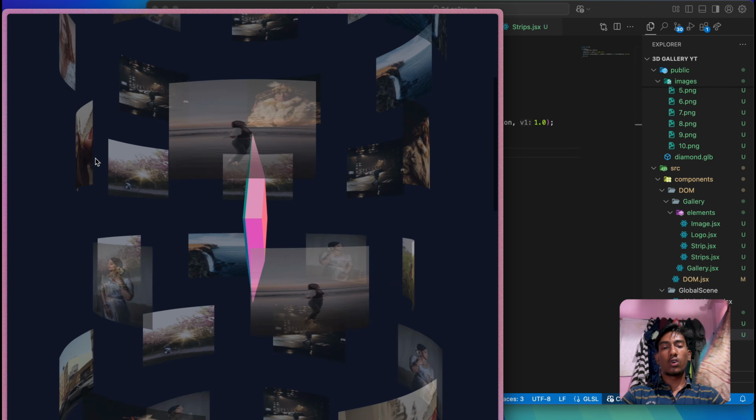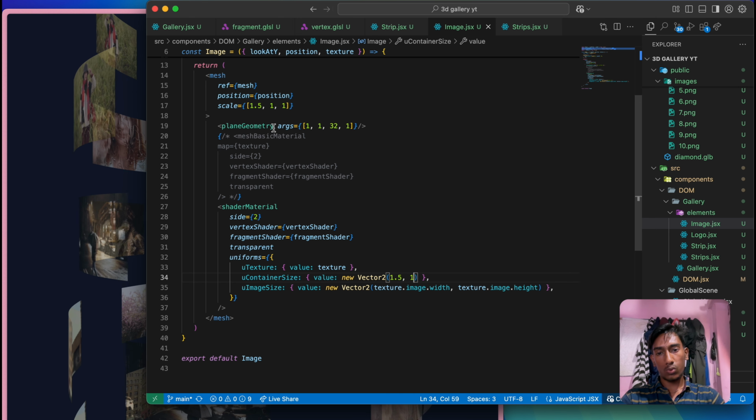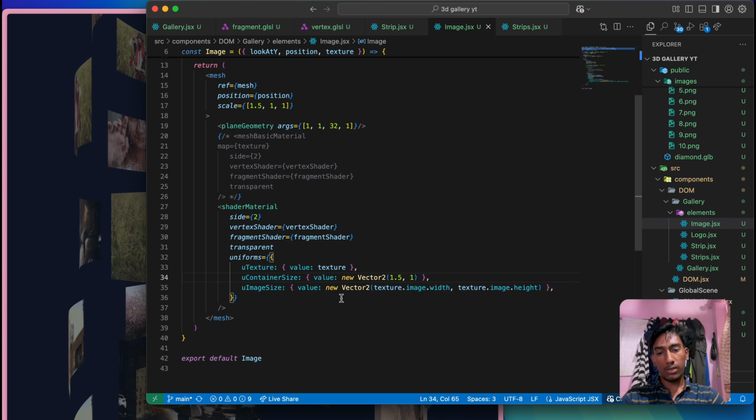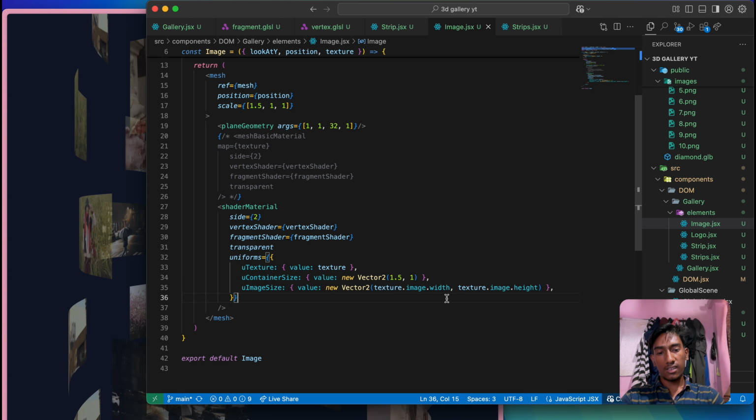For the container size, it's the scale in x and scale in y. So scale in x is 1.5 and scale in y is 1. That's why I passed these values here. And then image size is the width of the image and height of the image. So texture.image.width, texture.image.height.